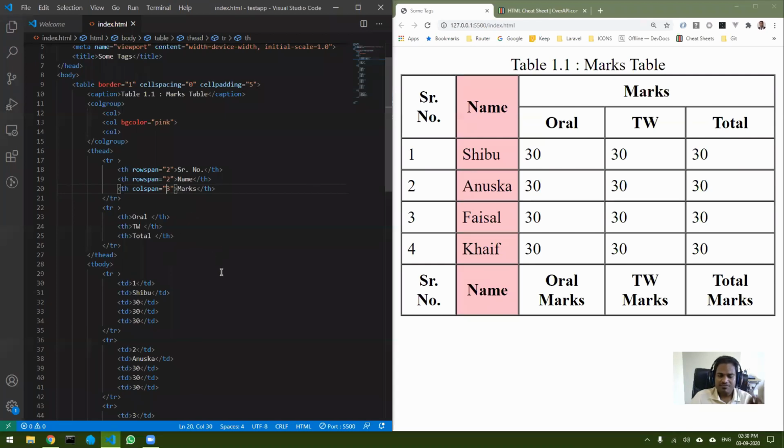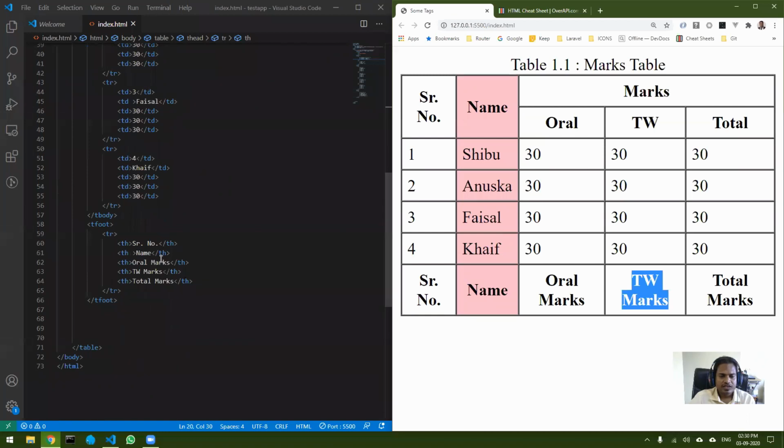Now the same thing, I want to find out the total. So I want to remove this, I don't want this here. I want to replace this entire thing with total, and here it should have the total marks of this particular column. So how to do it? Let's go to the footer. I don't want this. So instead of that I will write total, and here also I will write total. Okay, save it. You can see total, but I don't want to repeat it either.